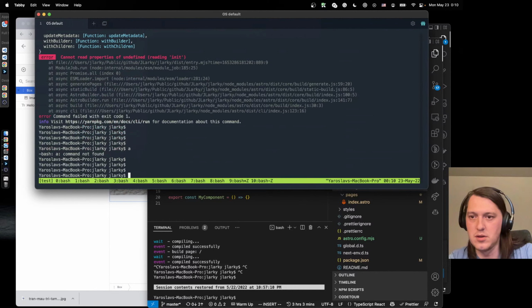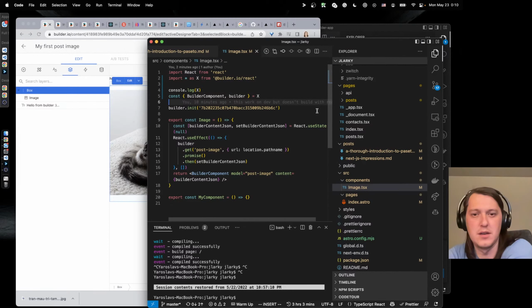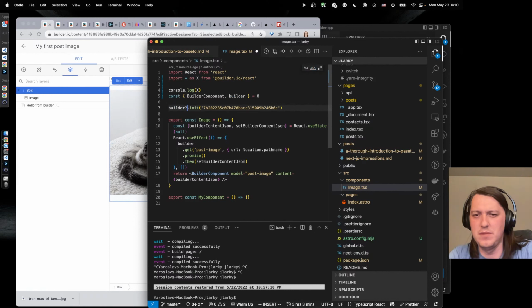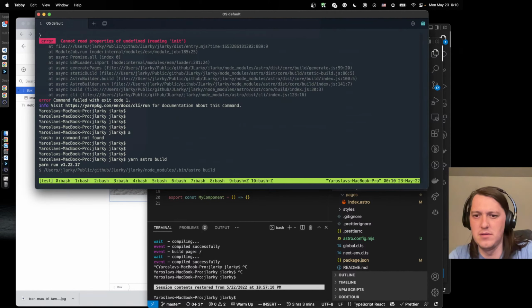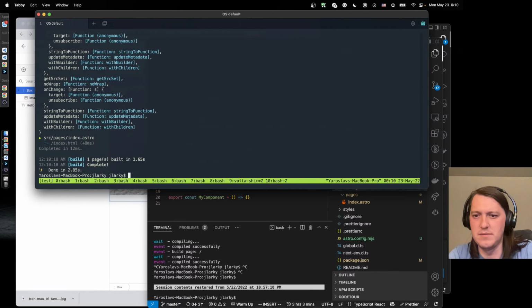That's the only thing that has init. Okay, then we can probably do like builder init. It's not there. It's not there. No point in trying to fight with it, right? There.